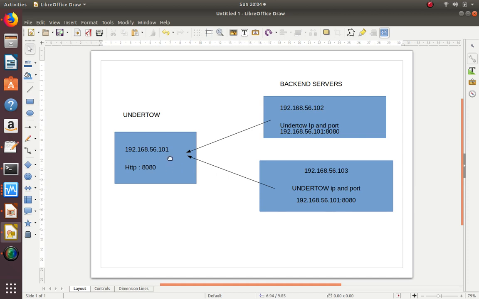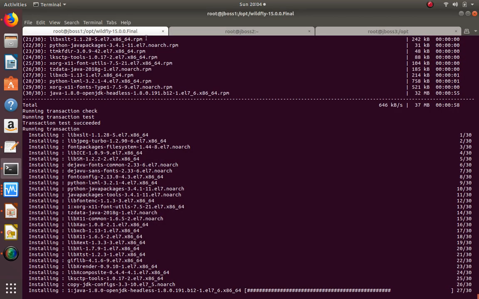Whereas on the front end, at the Undertow level, we need to configure some mod cluster code. So if you see this normally,